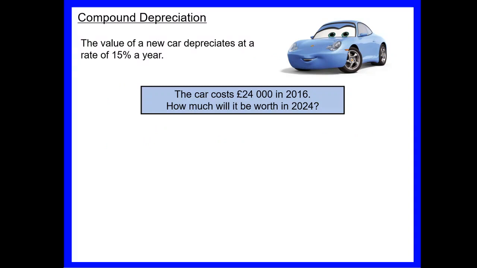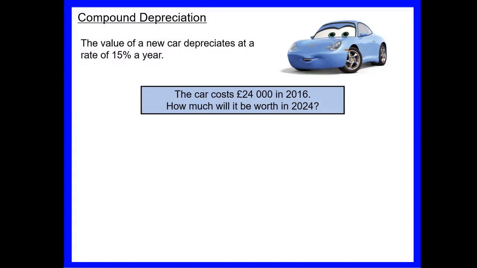Okay, so compound depreciation is where something goes down in value and it goes down by the same percentage over and over again. So the value of a new car depreciates at a rate of 15% a year. So a car costing £24,000 in 2016, and we want to know how much it'd be worth in